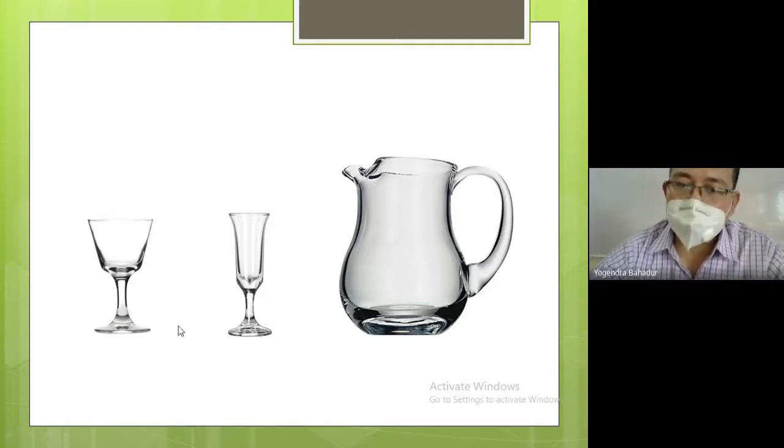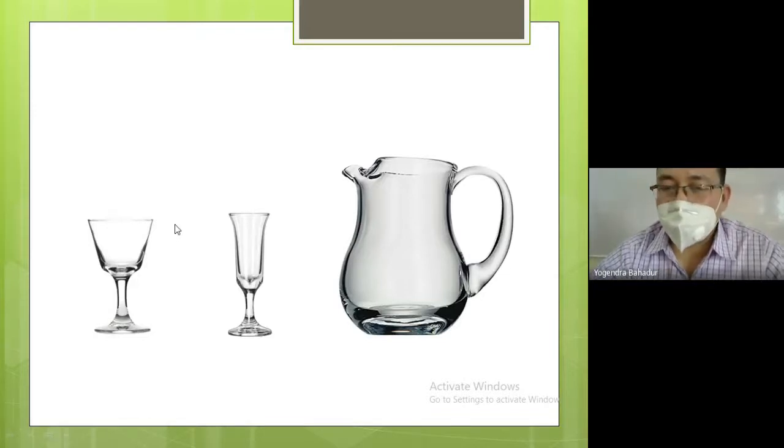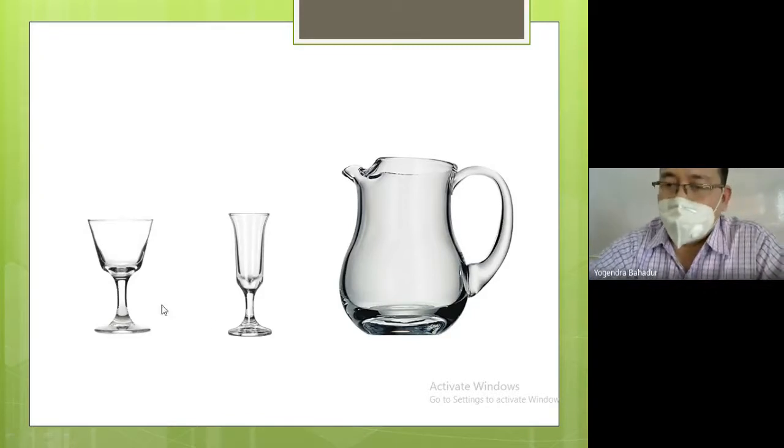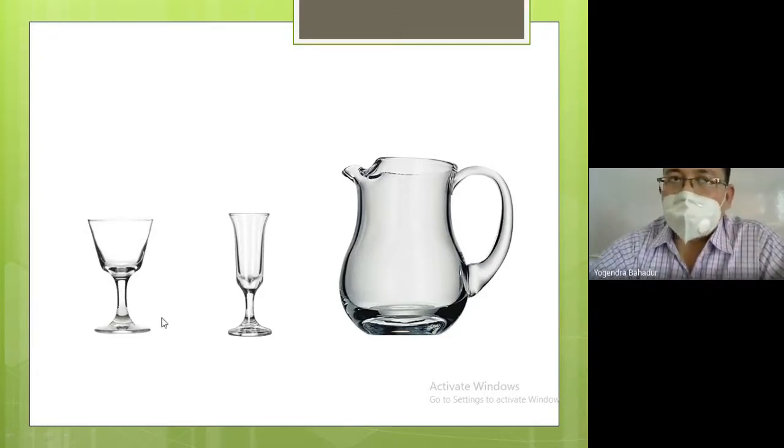That's why this is known as whiskey sour glass, because whiskey sour is a type of cocktail, and its quantity is again